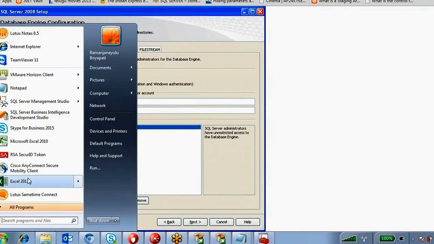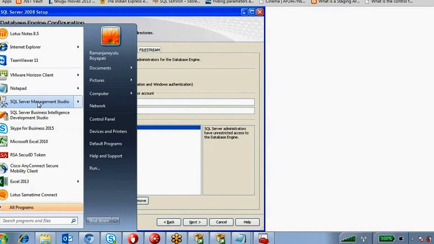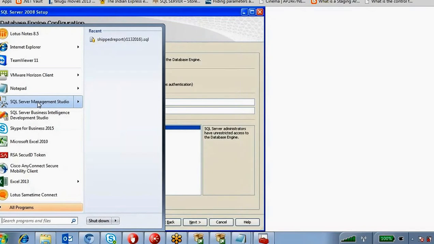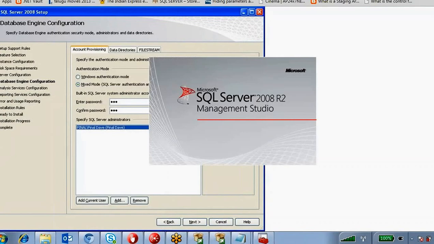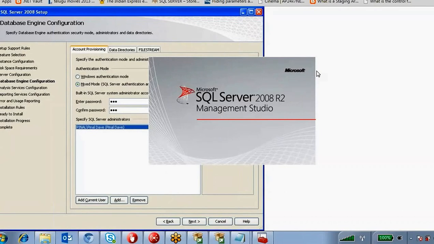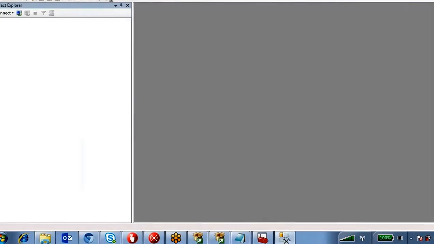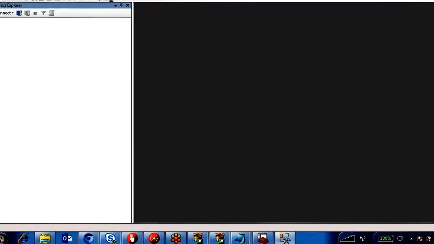Right, so this is SQL Server Management Studio, which is nothing but a database engine service. If you want to log into this SQL Server Management Studio, here this is the framework. We are going to write the queries, table creations, all those things.